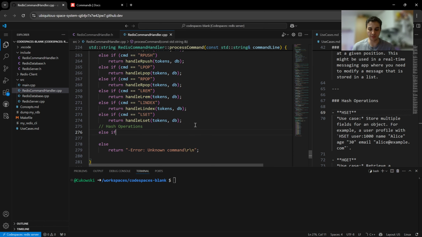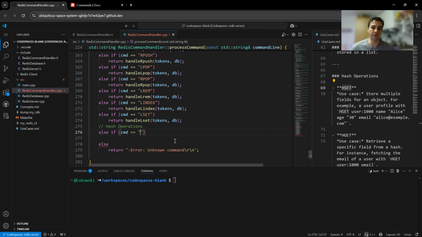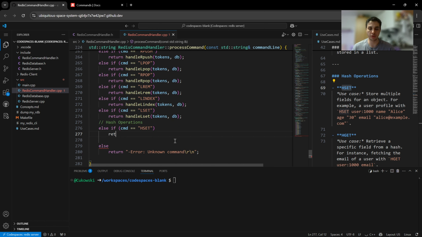Just like the others, we will have an else if statement and we will check if the command we want is this one. For example, this is HSET. If that's the case, we will be returning something like handle HSET, and we will give it tokens and our database. Tokens will be for getting the tokens from the server, and database will be for calling the functions. For example, we will call the HSET function. And yeah, let's start